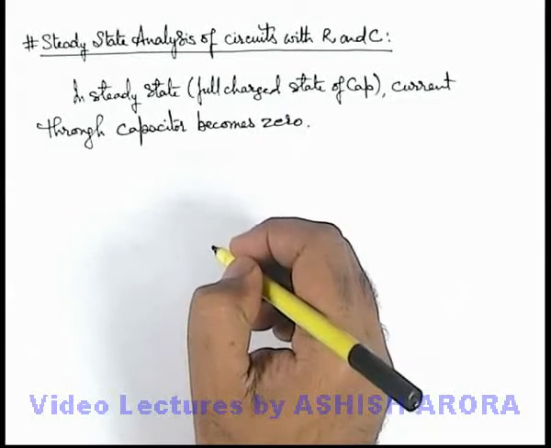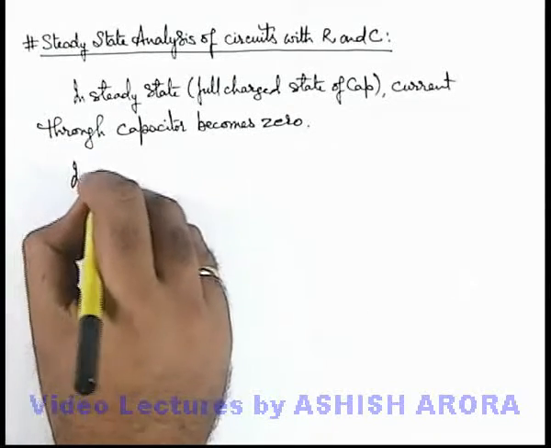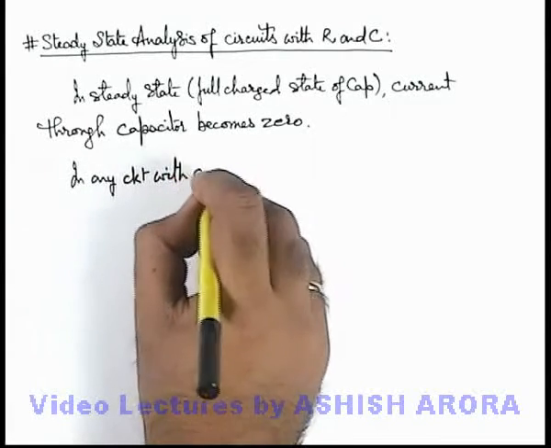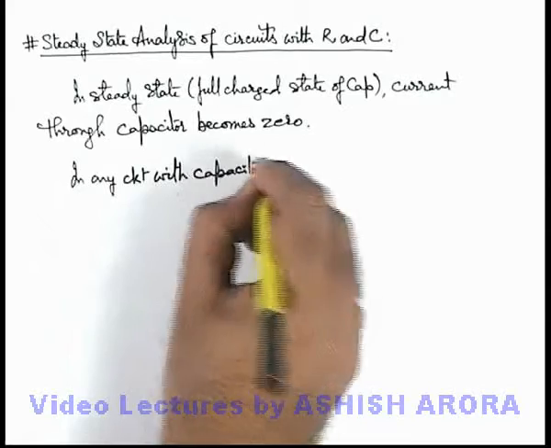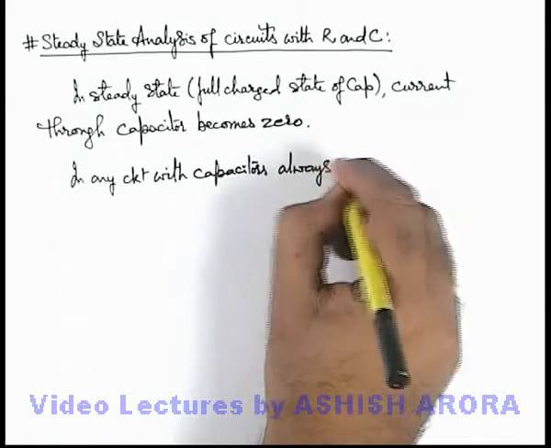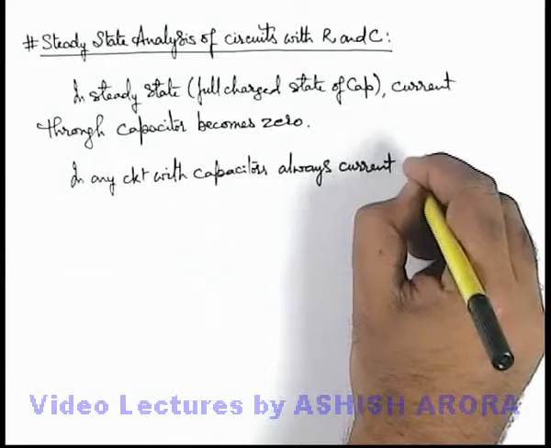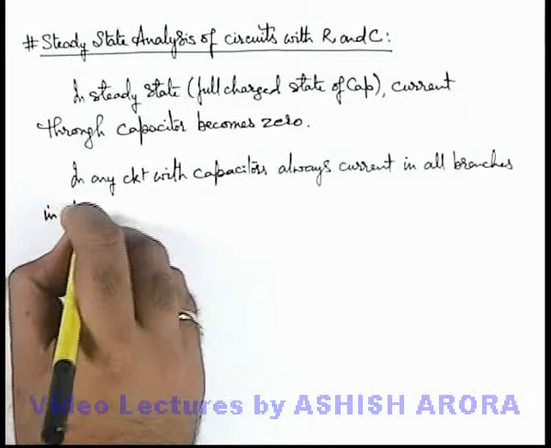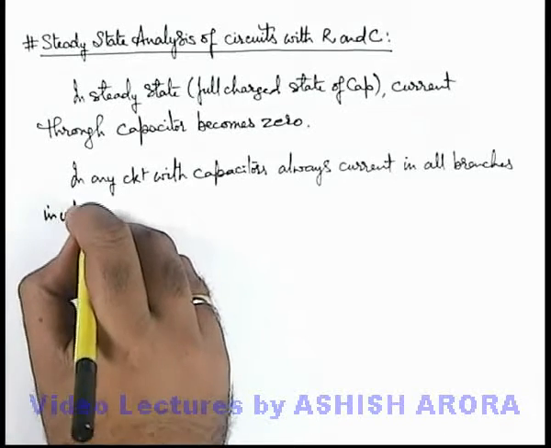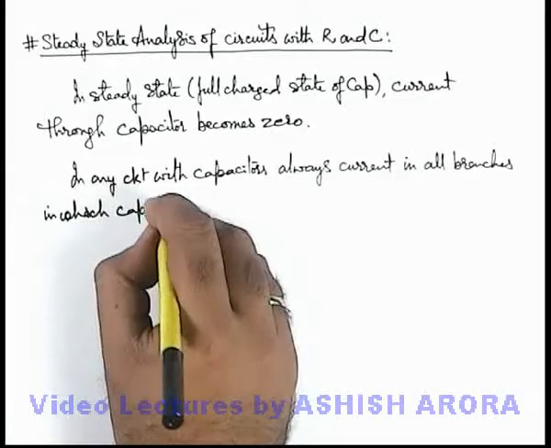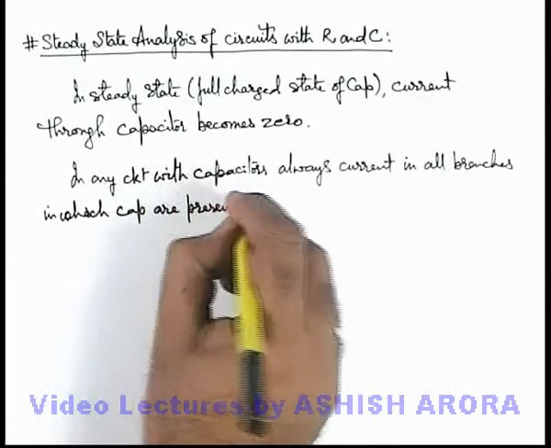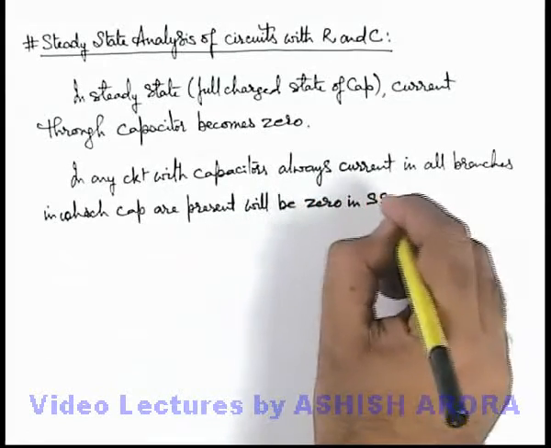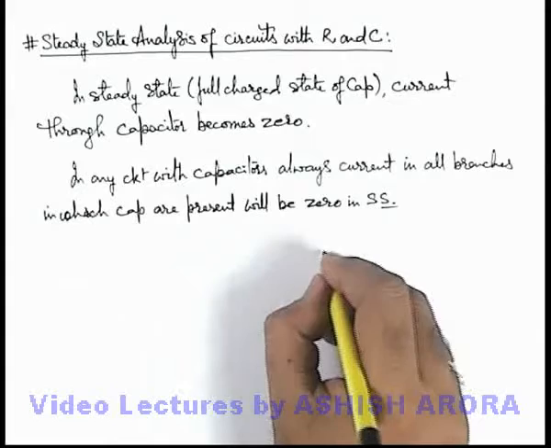that we already studied. So based on this, we can write that in any circuit with capacitors, current in all branches in which capacitors are present will always be zero in a steady state. Like if we just analyze a simple question,